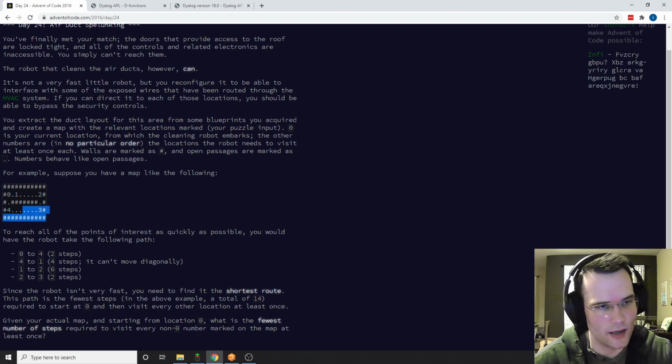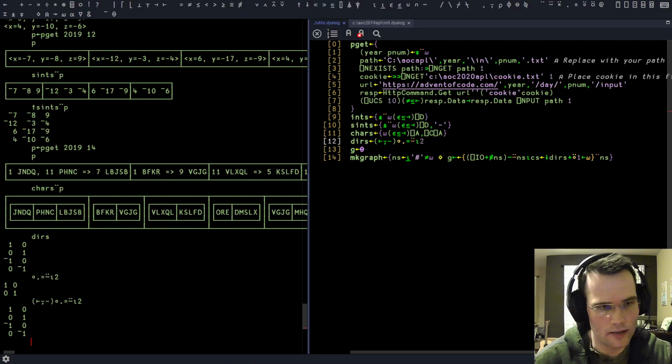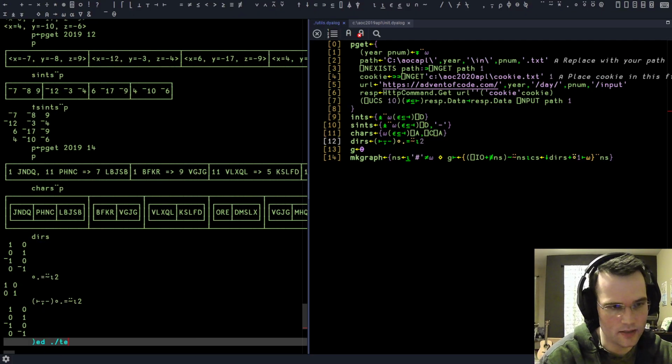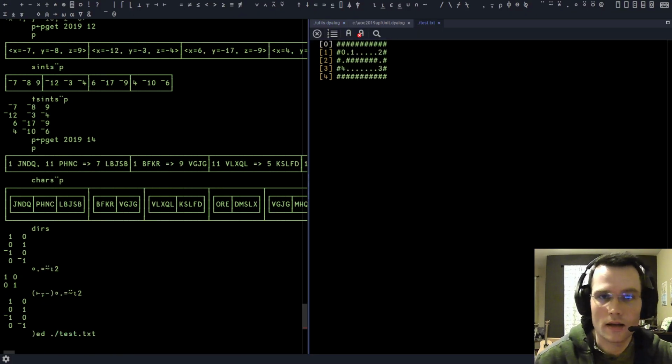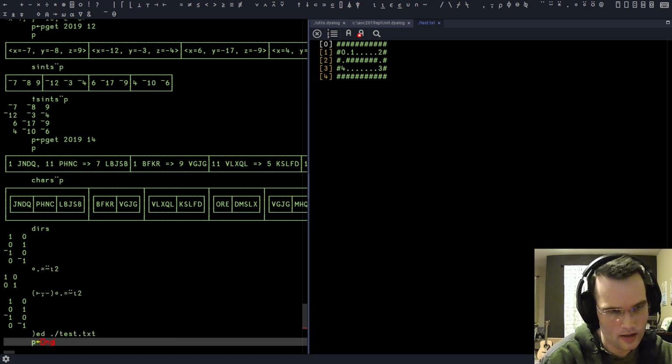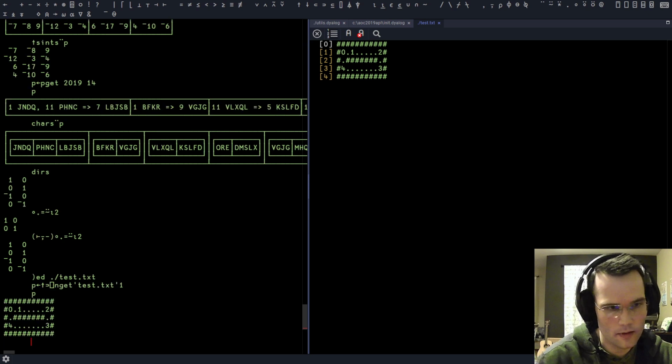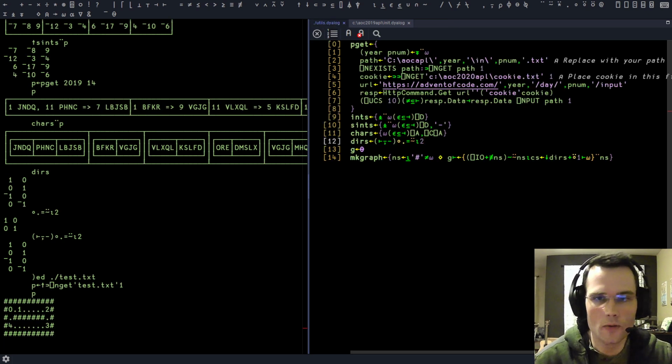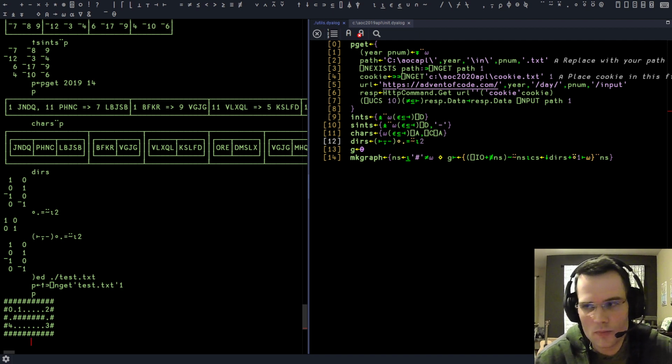numeric identifiers. So let's take a look at this. I may have already actually put this into a, yes, I did. Okay, great. So then I can just parse this. Okay, great. So what I usually want to do with these problems, a lot of them just boil down to